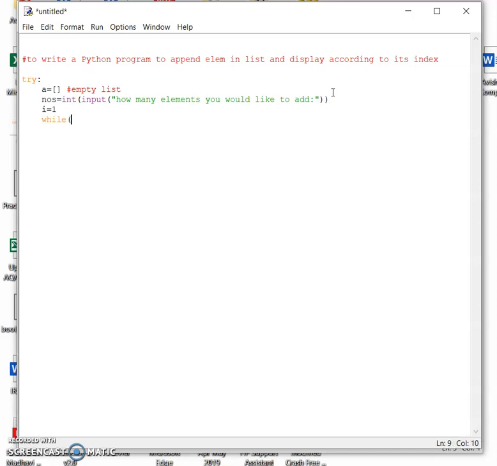So that loop would be something like i less than equal to NOS. Why i less than equal to NOS? Because NOS would be containing the number of elements. So if my NOS contains 3 elements, then 1 less than equal to 3. But if suppose my NOS contains 0 elements, then 1 less than equal to 0, this condition will never be fulfilled, and there will be an error. So i less than equal to NOS, and then I am going to add